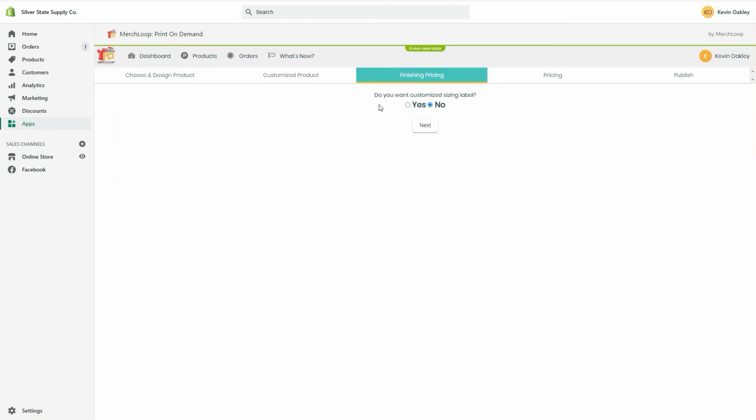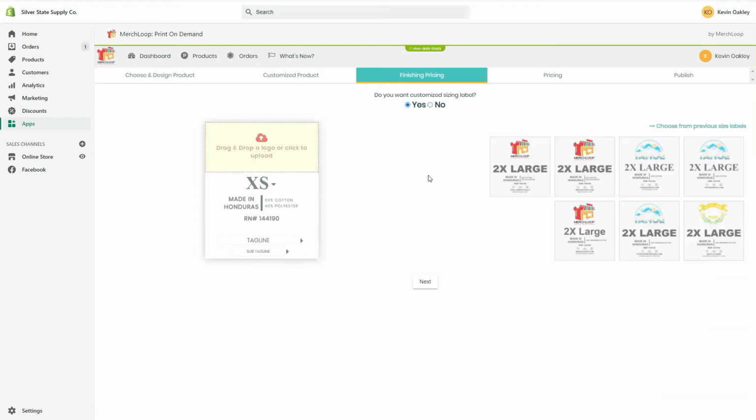Give it a second, and you'll be brought into the Finishing tab. What's going to be happening in this finishing tab is you're going to be able to add a customized sizing label to take that next level branding off, and we're actually going to print whatever you place into this drag and drop field here in the inside label. We take care of the rest down here as far as what it's going to be made out of and all that Lego mumbo jumbo, and you will be able to